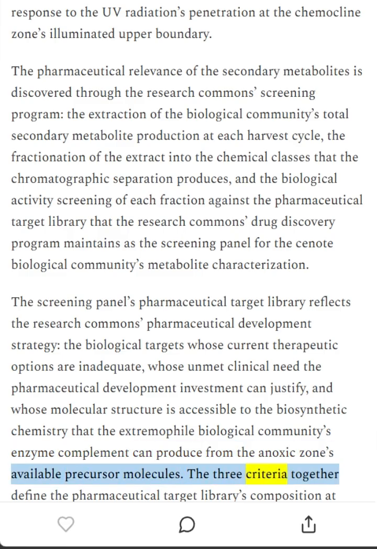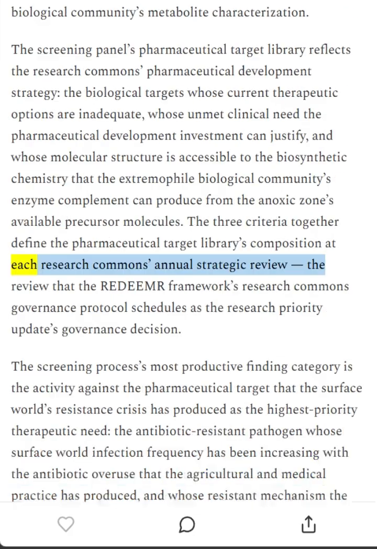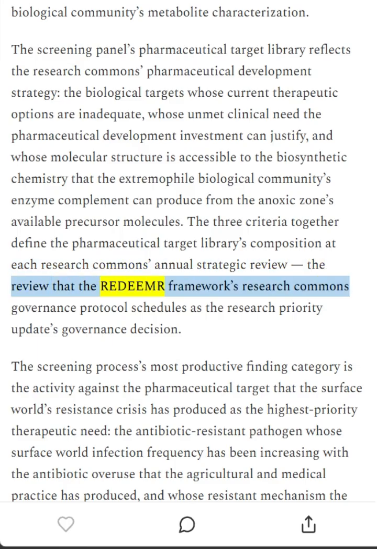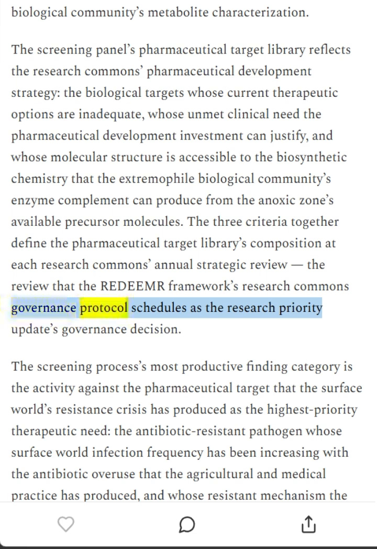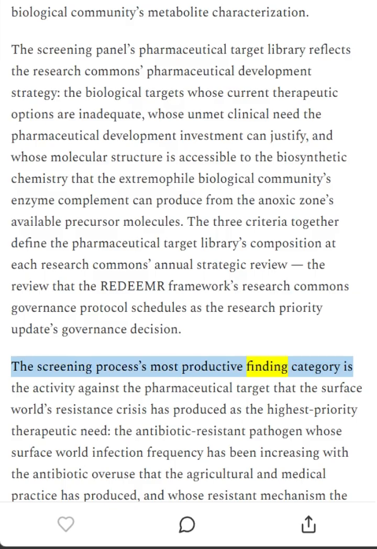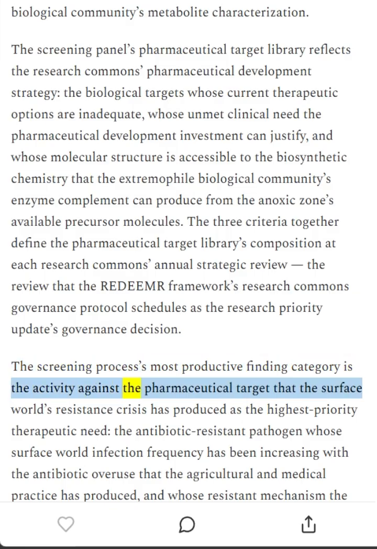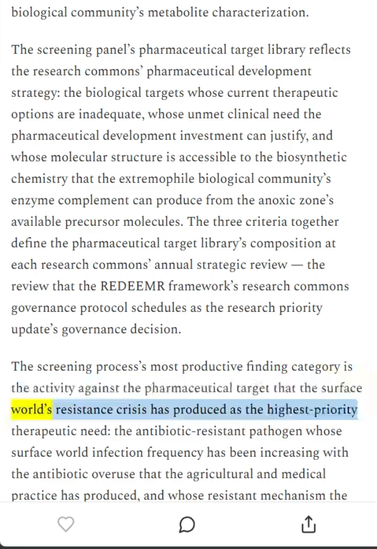The three criteria together define the pharmaceutical target library's composition at each Research Commons annual strategic review, the review that the Redeemer Framework's Research Commons governance protocol schedules as the Research Priority Updates governance decision. The screening process's most productive finding category is the activity against the pharmaceutical target that the surface world's resistance crisis